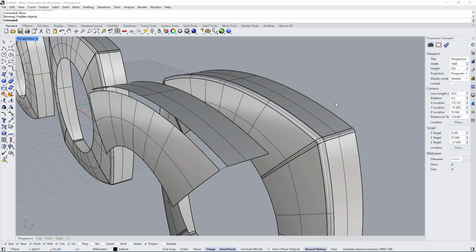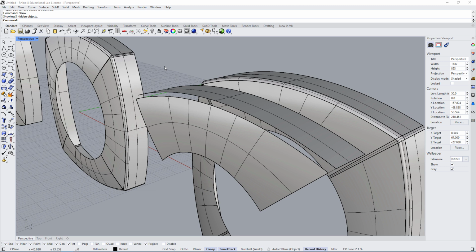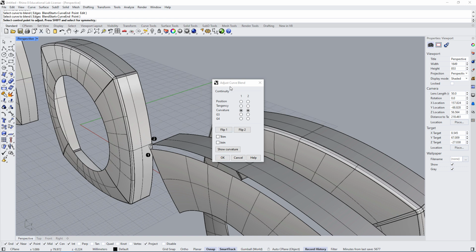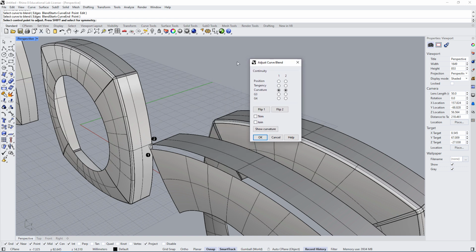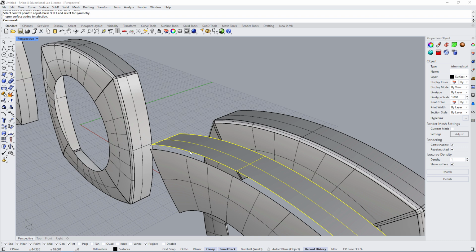But first, let's talk about some of the tools that come by default in Rhino, such as the record history tool, before we jump into Grasshopper, because Grasshopper works a little bit differently. So here I have the record history with the always record history on, so it is enabled. And we will talk about using a blend curve and some of the disadvantages that this has compared to parametric design. So this curve here is curvature continuous to both this surface on the top and the front